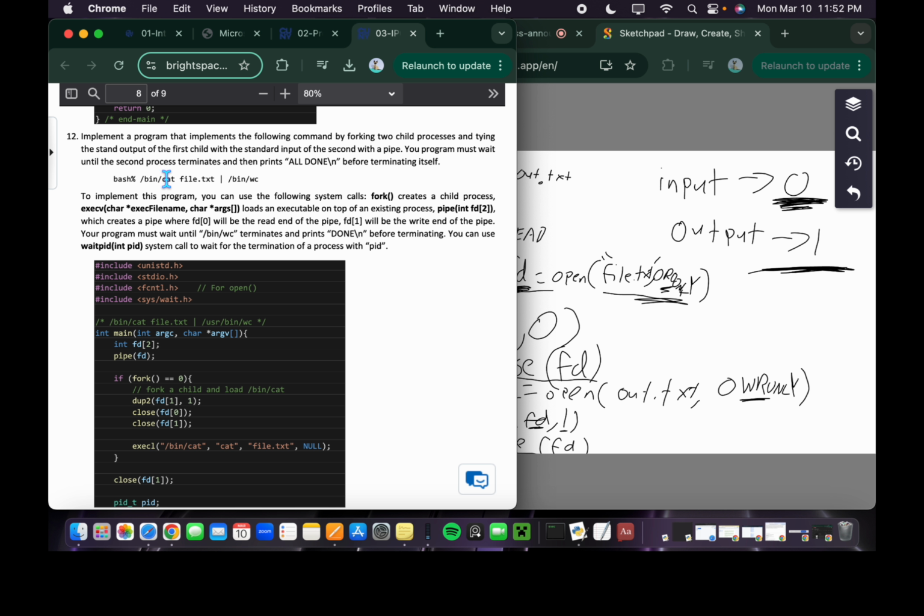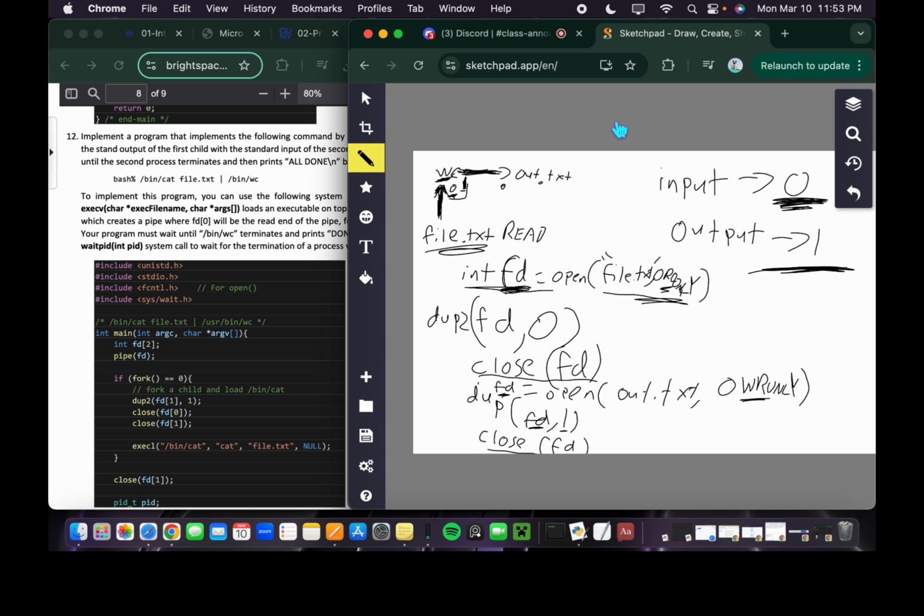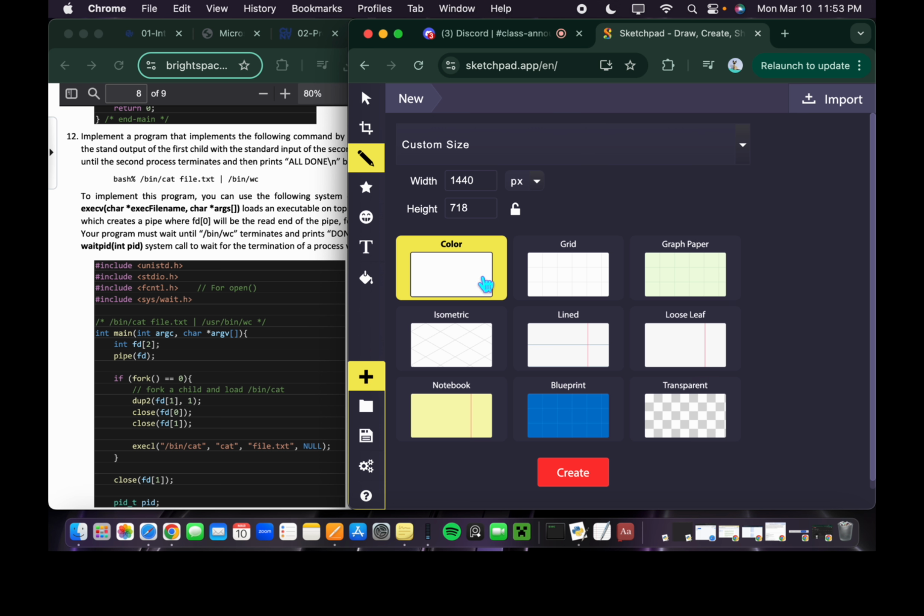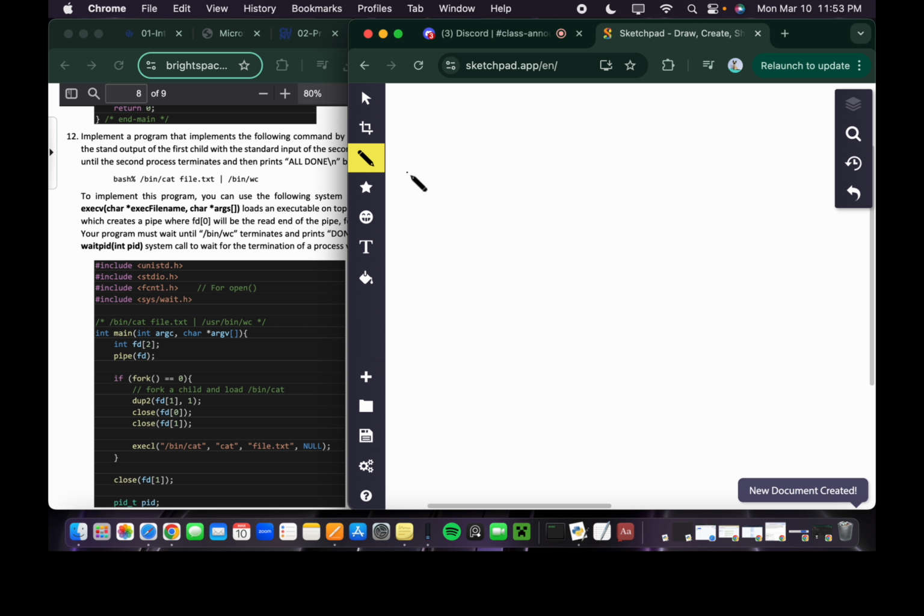Okay, so this is kind of the same situation with the file. You're taking this as input, putting it into this guy, and then putting it into this guy. Let's finish off strong with this last one, and then call it a night. Well, and the other one, but